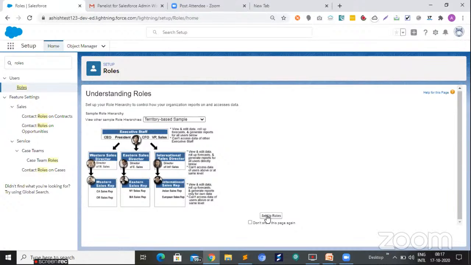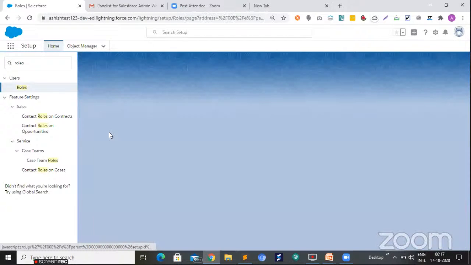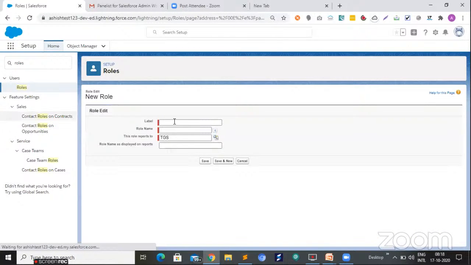Simply click on setup roles. When you click on setup roles, now here you can create any role and assign a user, right? Suppose you want to create a role, just click on add role. By using add role, you are allowed to create a new role, like if you want to create a CEO,